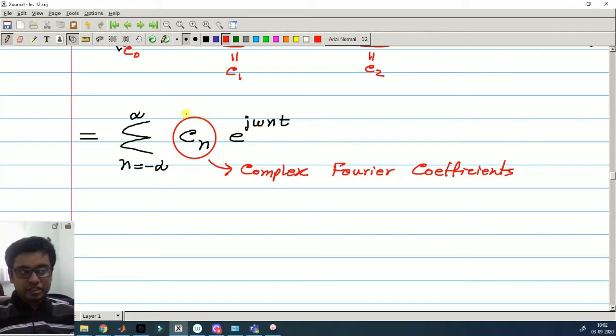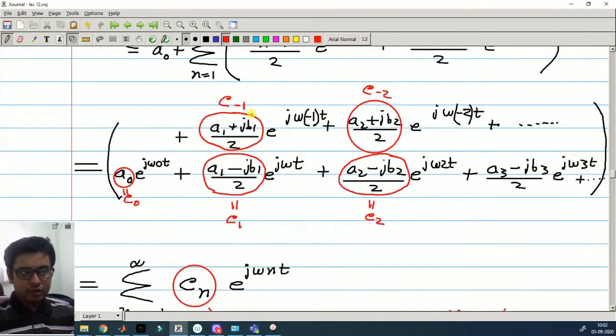Now, the required value of these mixing coefficients Cn can be found from An and Bn. If you already know An and Bn,